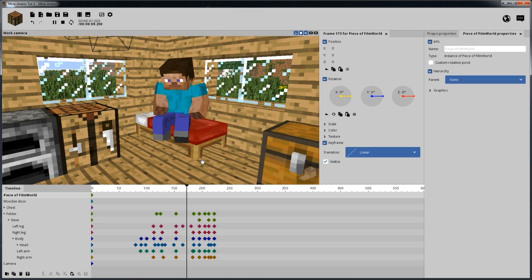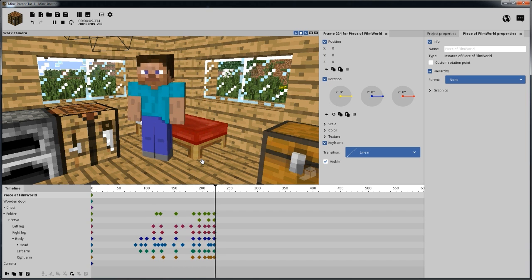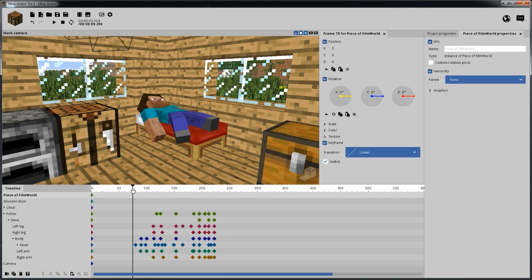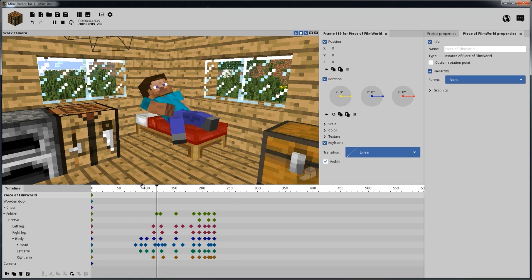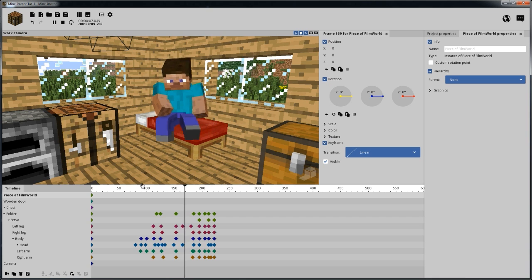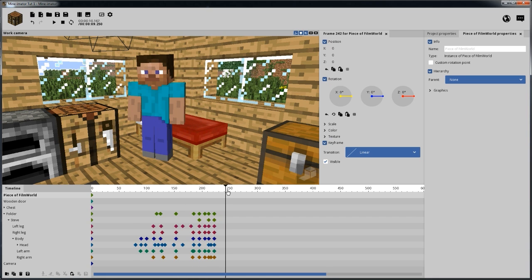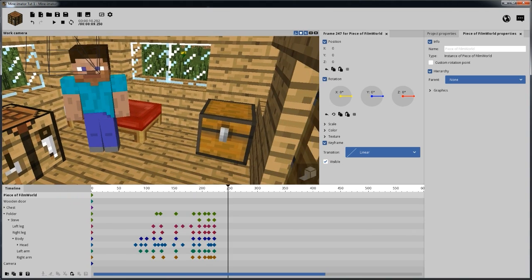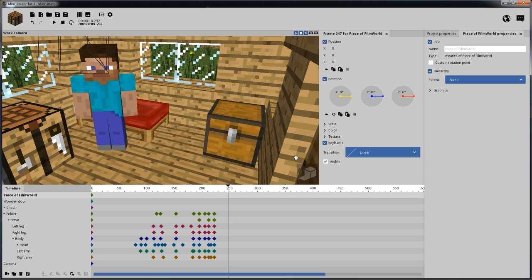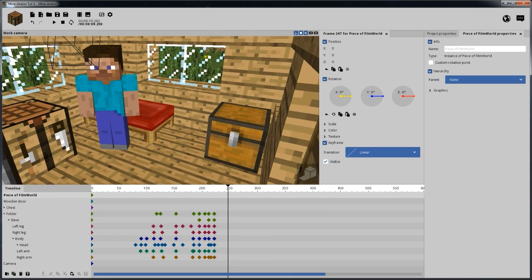A lot of times, something like this may be a little daunting. A lot of people might just have them kind of rise straight up out of bed and whatnot. So giving it all these extra little doodads and finessing can kind of give your animation that little bit of an edge. So we got him out of bed, and from here it should be a little bit more smooth sailing, hopefully. We'll have him maybe grab something out of his chest and step outside or something like that. But for now,